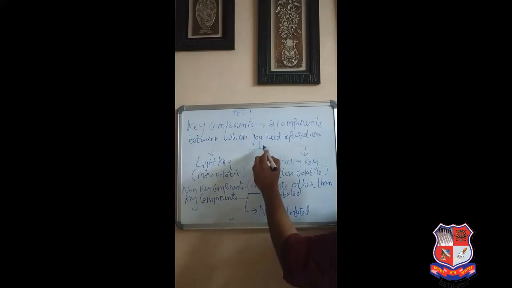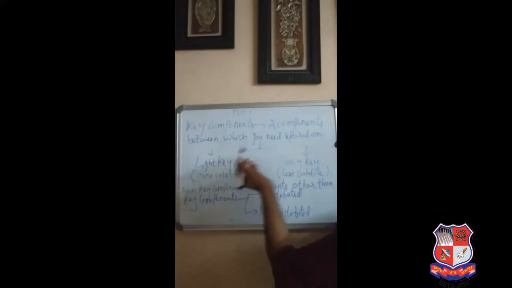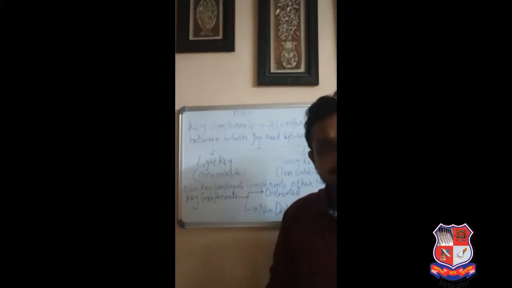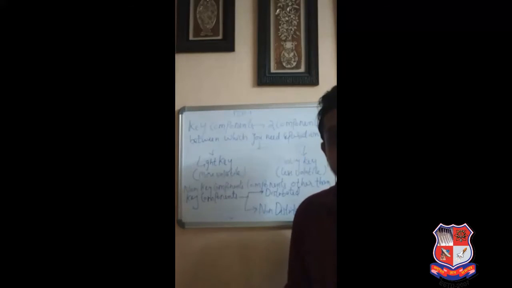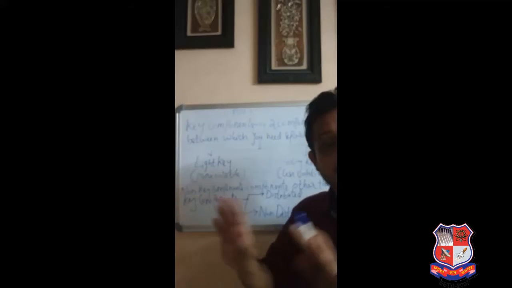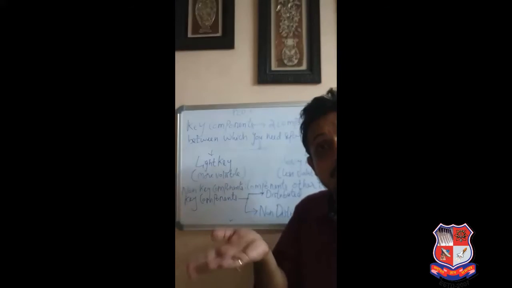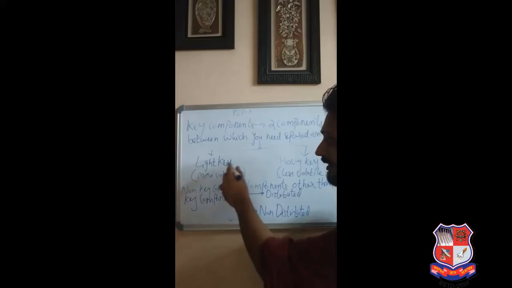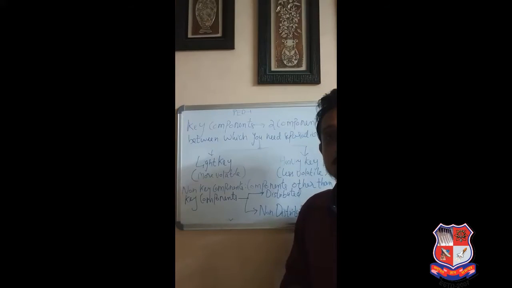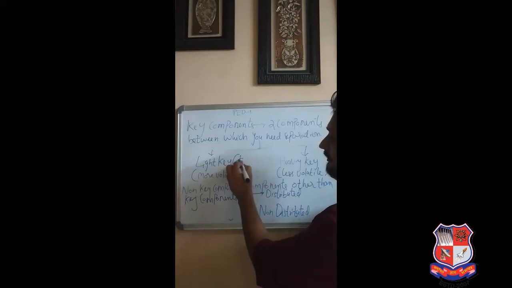Right? Now this key component is divided into two parts. One is the light key component and one is the heavy key component. Again, in very simple language, what is the light key component? The word itself tells you that it is light. That means the boiling point will be lower, that means it is more volatile. So as it is light and the boiling point is lower, you will find the light key component at the top side of the distillation column.